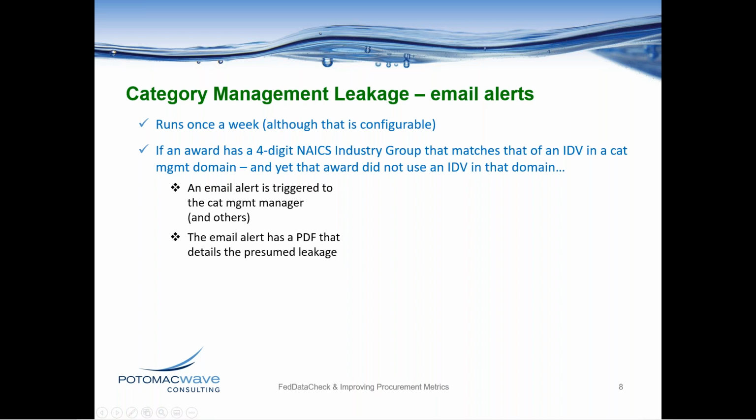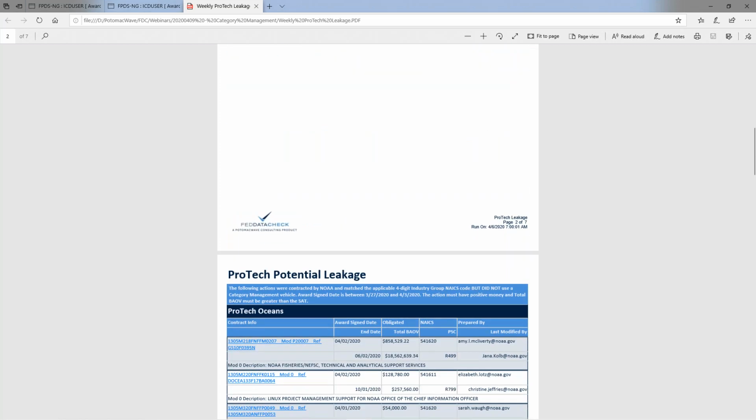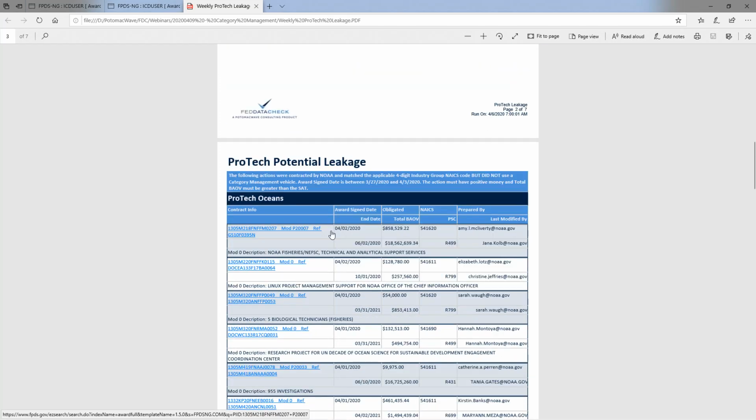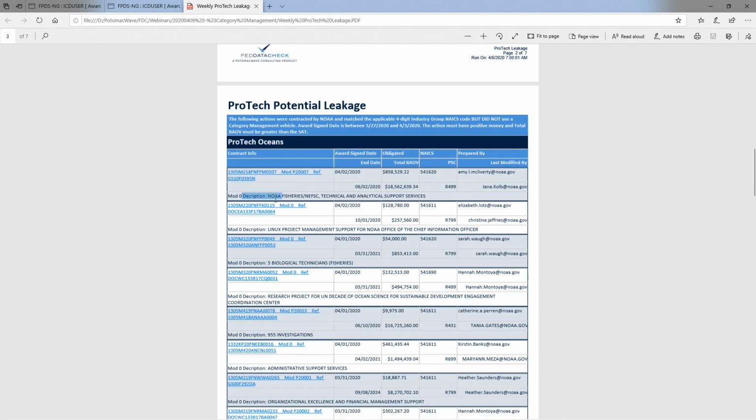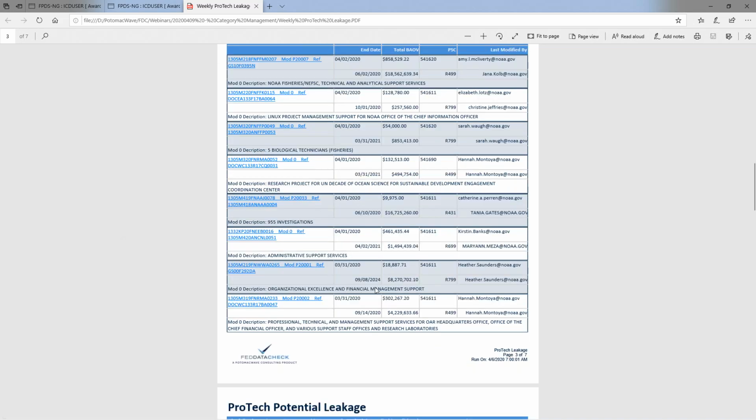I'm going back here again. So the officials in charge of Protect Oceans can look through this and go, all right, here's the description. Fisheries, okay. Maybe I need to talk to Amy and make sure she's aware of our new initiative regarding Protect Oceans. Just looking through this here. Financial management, I'm not going to bother with that one. I don't think that's related to our technical effort on Protect Oceans.